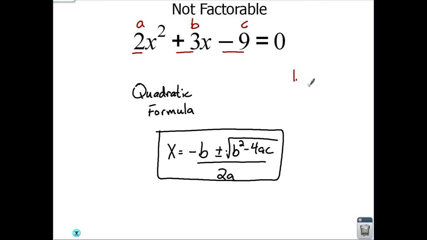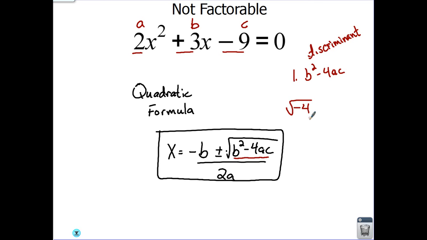Okay, I want to teach y'all something. First step, when you're using the quadratic formula, always do b squared minus 4ac. Y'all see that inside here? This is called the discriminant. B squared minus 4ac is the discriminant. It tells you how many answers you have. And more than that,